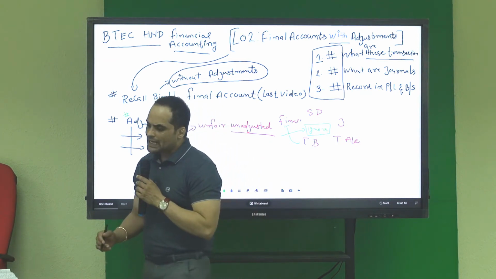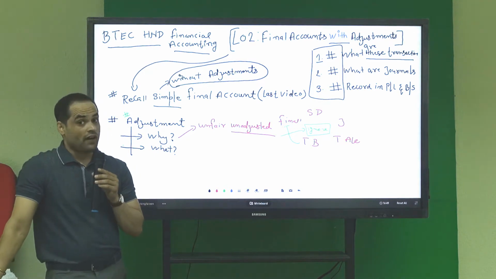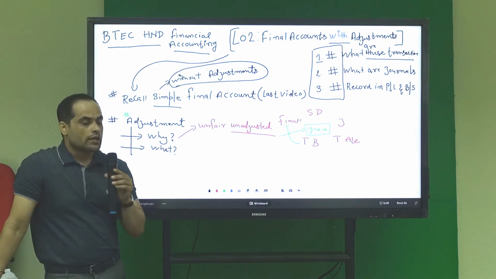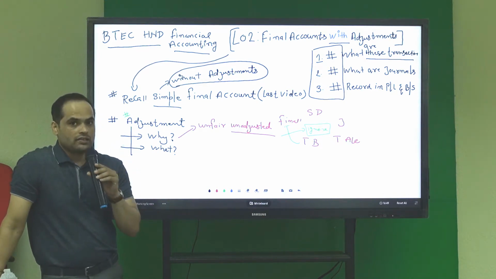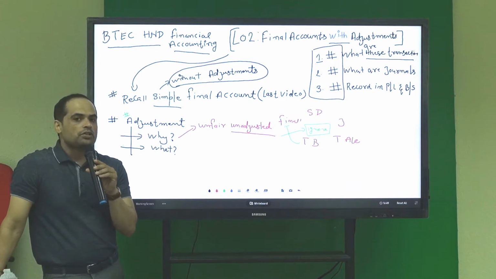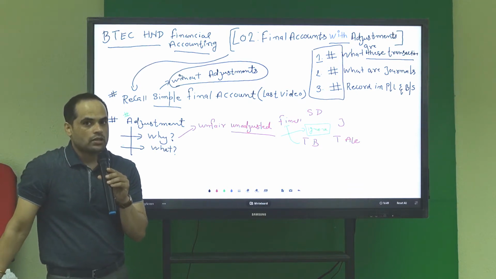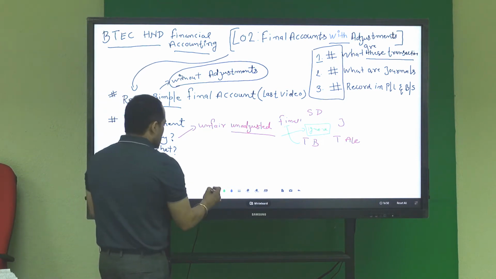It means that in the real world, not simple final accounts, transactions are more likely to occur after the trial balance, which creates some complexities in order to prepare financial accounts. What are these complexities? Complexities include